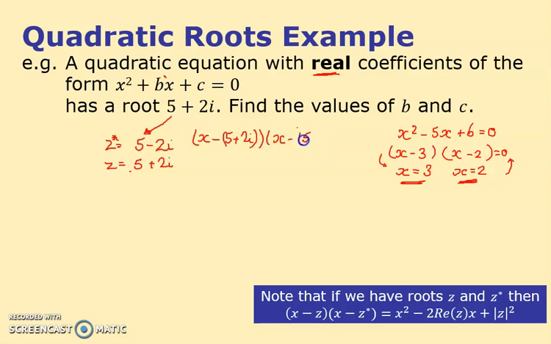What was it? Minus 5 minus 2i. Now it's not very nice, is it? But this is a little rule down here. This is why I've written it down here. If you ever do x minus z times by x minus z star, which is effectively what I've got here,